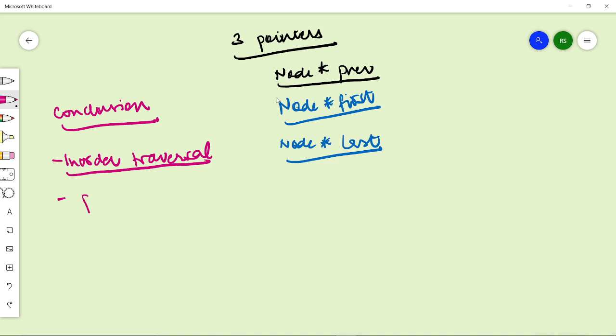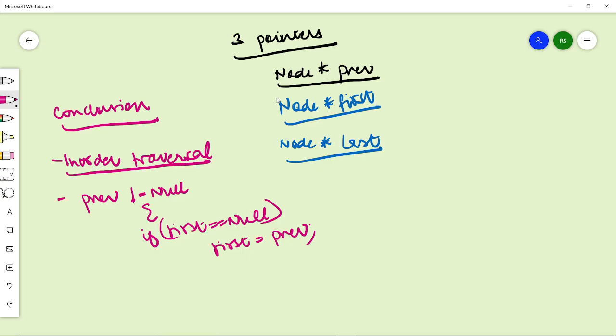Now if the previous node is not null, that is, it exists, and till this point my first is also null, that is, I haven't got any first pointer till now, then I can simply update my first pointer to the previous node, and after that I can simply update my last pointer to the current node. So see, if I'm at the first pair, then I will get my first pointer using this, and outside the if condition I will get my last pointer.